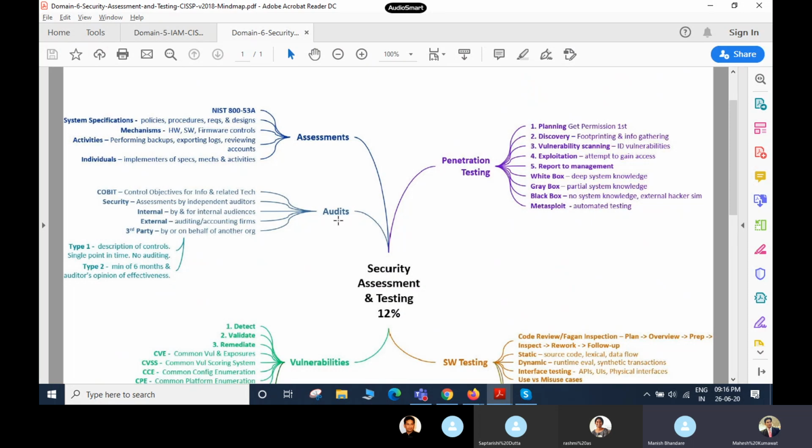Hello, Manish here, sir. Yes, please. The purpose of an audit in any organization is to assess the effectiveness of controls, third-party services, or any kind of security assessments, independent within the organization. The audits are required. There are two types of audits that we do: internal audits and external audits.